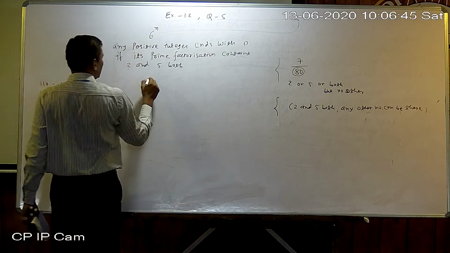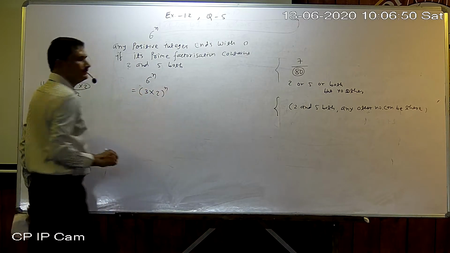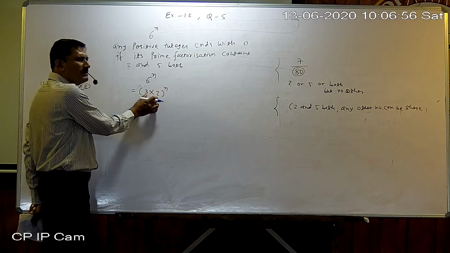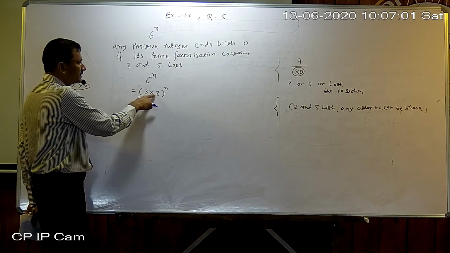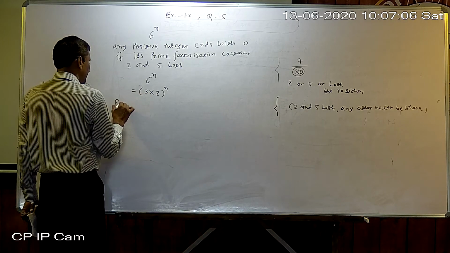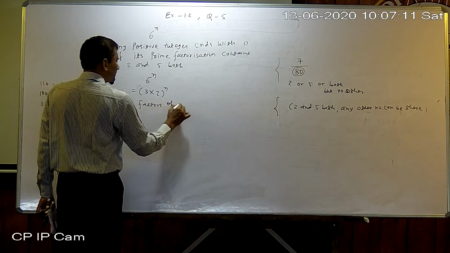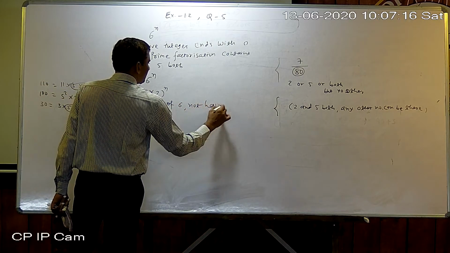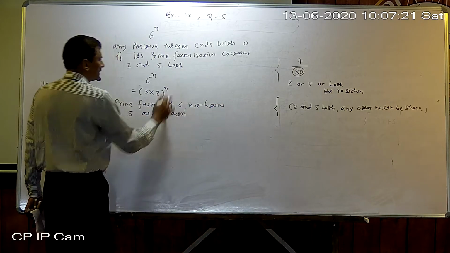Now write down this one. 6 raised to n is equal to what? 3 into 2, whole raised to n. You can see here, n can be any number. We concentrate on the base only, not the degree. So here you mark only 2 is there, 5 is not. 5 must be there. So write down: the prime factors of 6 do not have 5 as a factor. Just a descriptive answer is needed, no calculation part.